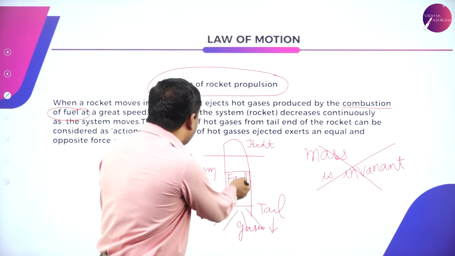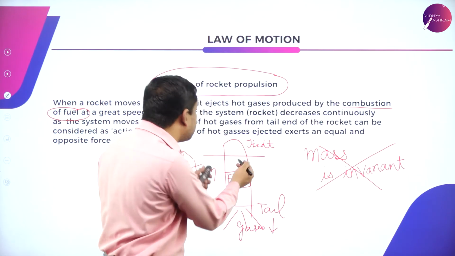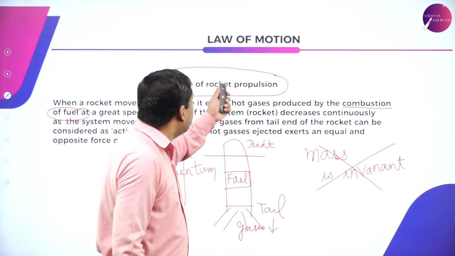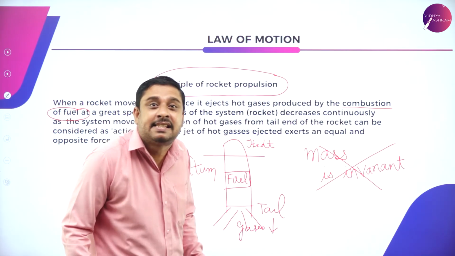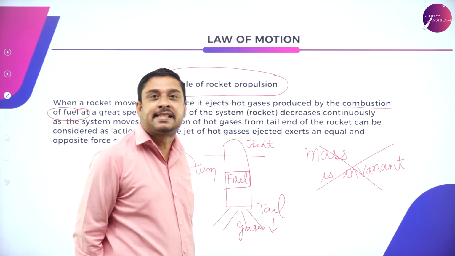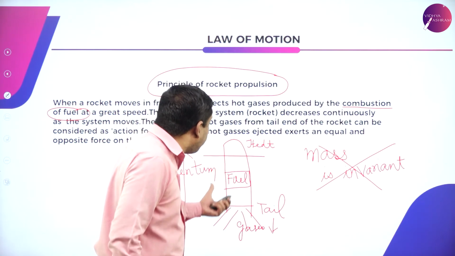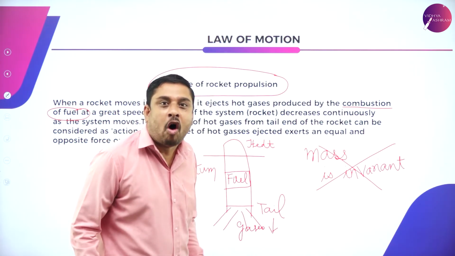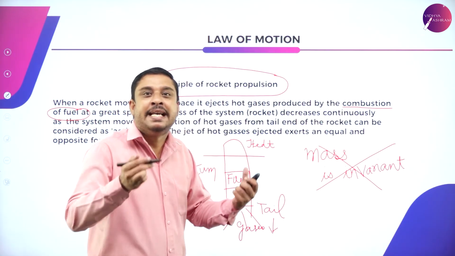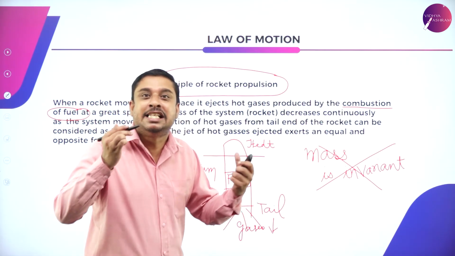But here, during propulsion, during rocket launching, there is a decrease in the mass of the system. With the upward motion of the rocket, the mass of the system is getting reduced. This is called